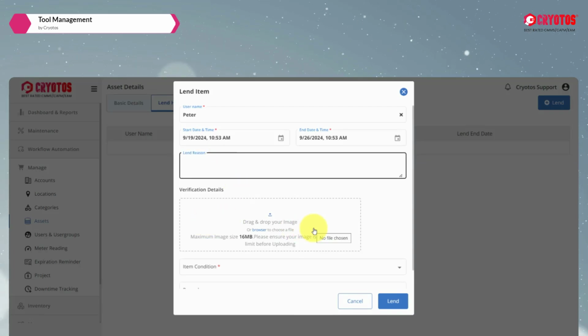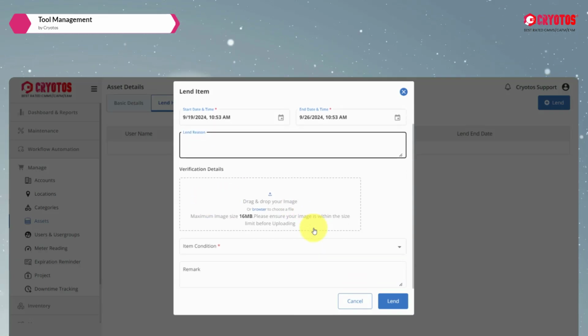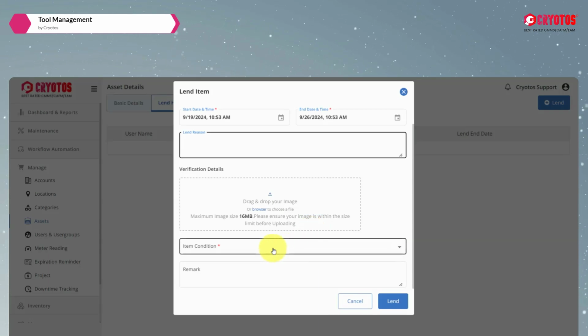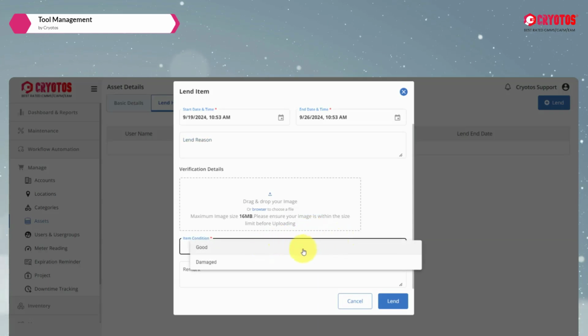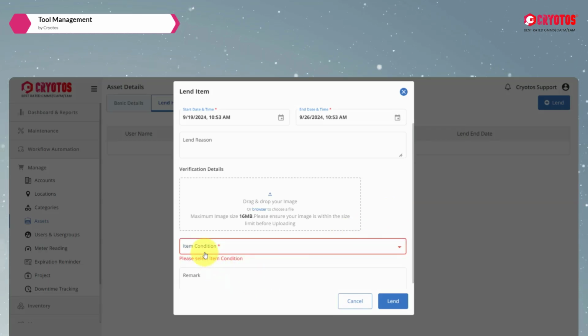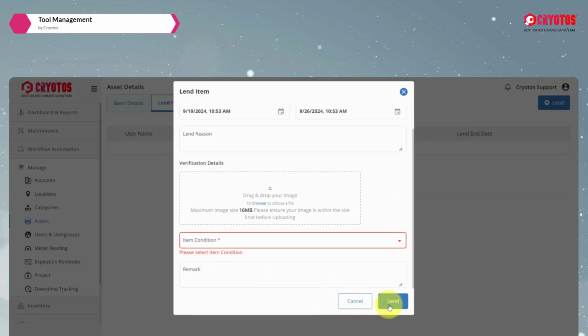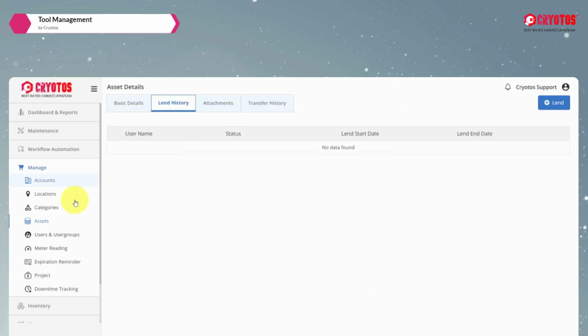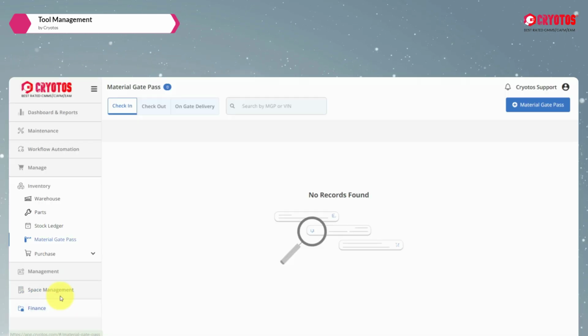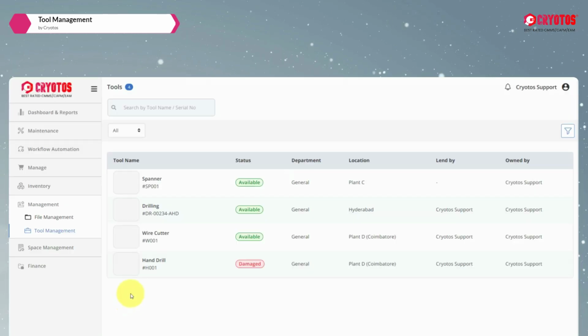For verification details they can attach the picture of that particular spares, and in the item condition we can mention good or damaged. Whenever we are sending out the goods we can mention the condition and give a remark for the same. After doing this we can track the tools which are sent out for any particular purposes,